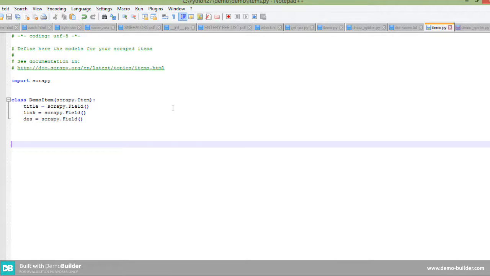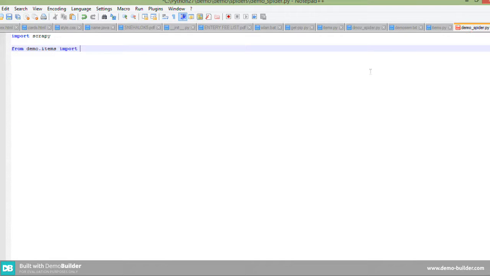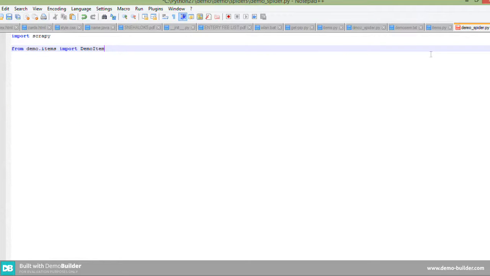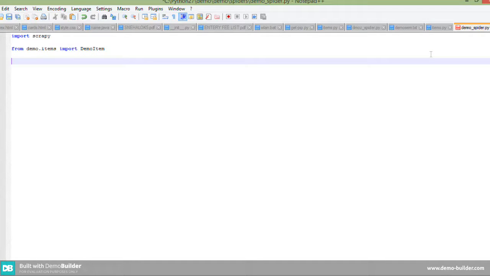This is a class name we need to import here. Yes, DemoItem, it's correct. Hit enter. First I will type the code, and afterwards, once I run it, I will explain the code.